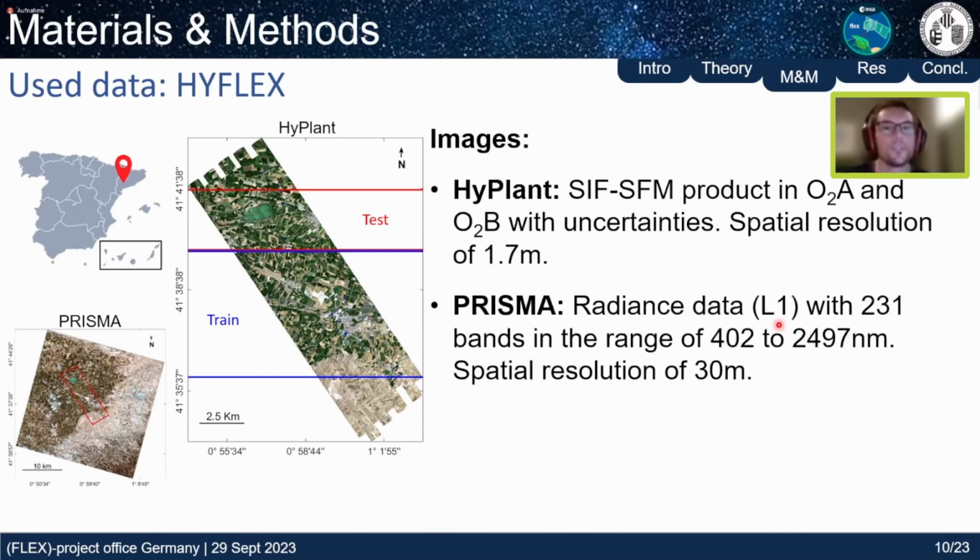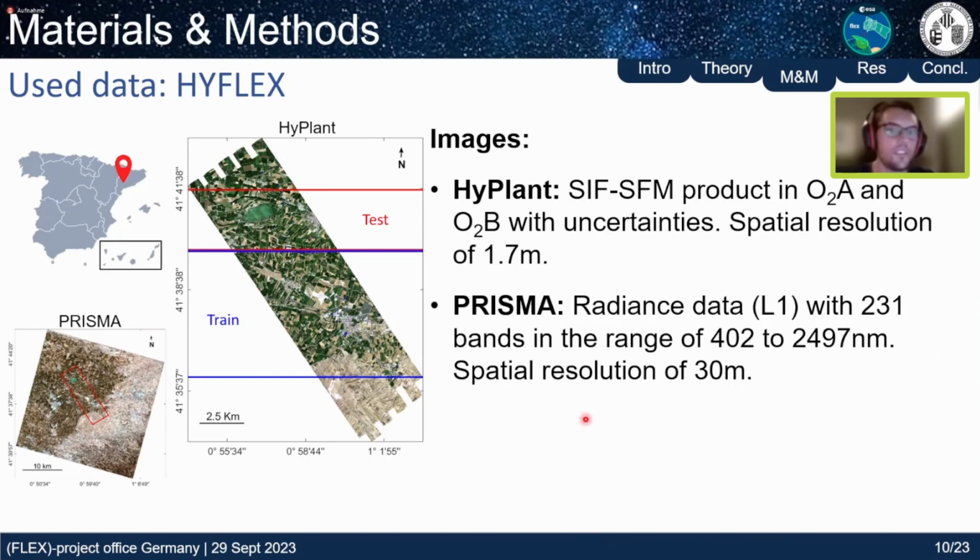And what we will use from HyPlant is the sun-induced fluorescence from the SFM product, with the values in oxygen band A and oxygen band B with uncertainty. So basically, we will have only two bands, the emission values in A and B, and the corresponding uncertainties. This map has a resolution of 1.7 meters, and in the case of PRISMA, we will use the radiance data